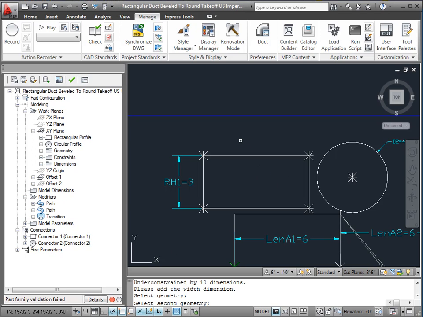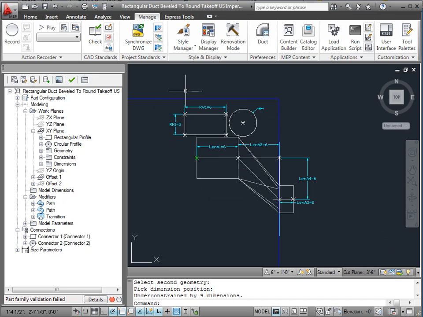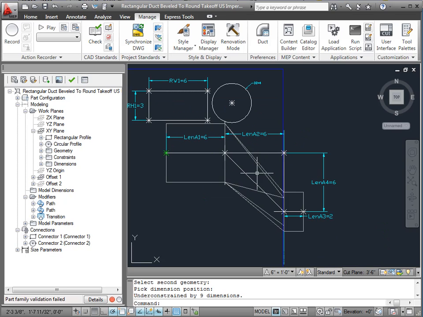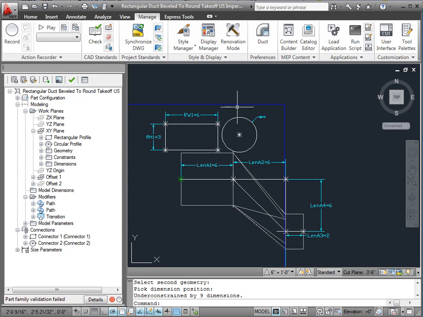Okay, so we were in the process of placing the other dimension here. Once we got those two dimensions back in here, it adds this modifier back. When we deleted those before, it broke the modifier, so it disappeared there for a few seconds. Now it's fixed. So now that we've got our dimensions back in place,